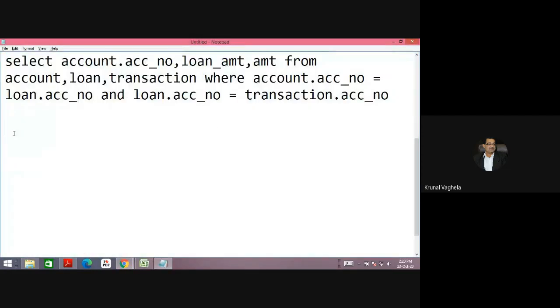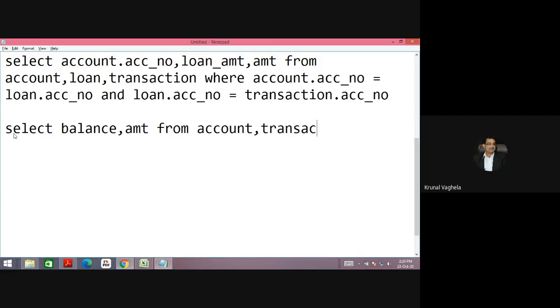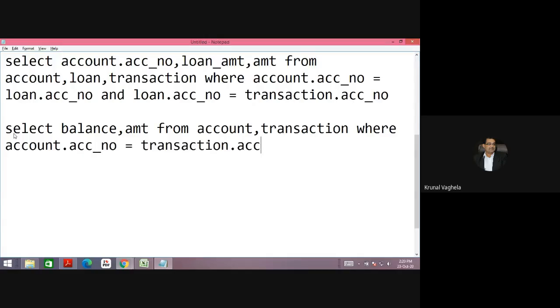So you can write the query: select balance, amount from account, transaction, where account.acc_number equals transaction.acc_number, and not "and".